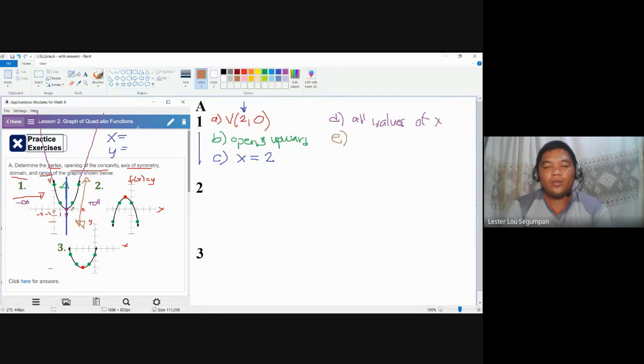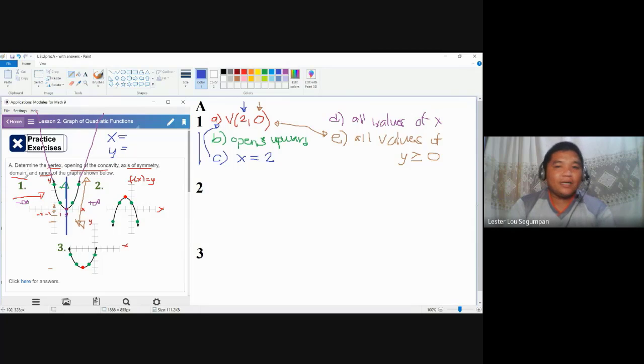This is actually again concerned with your vertex. Look at your vertex. The y value is actually 0. So the value of y is 0 going up. So the range is all values of y which are greater than or equal to 0. Because all values of y vertically, 0, 1, 2, 3, 1/2, 1/3, 1/4, these are all your values here. So letter E, range, can be determined by the vertex. Letter C can also be determined by the vertex. That is why we've been emphasizing that the vertex is very important.